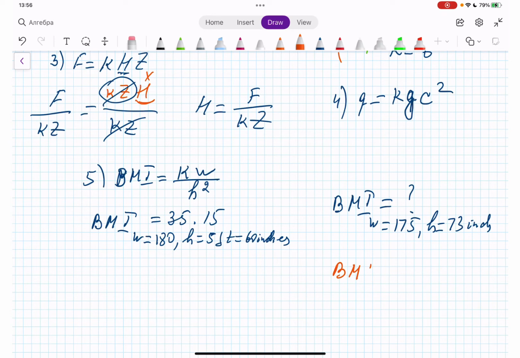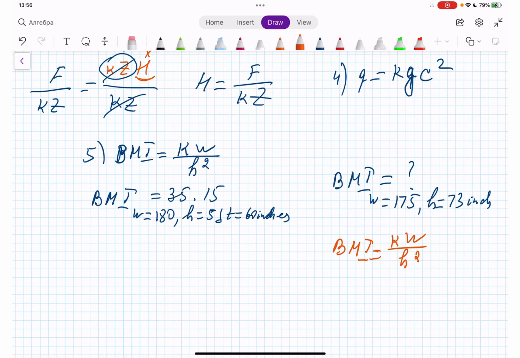BMI is equal to K times W divided by H squared. Okay, so what do we have? We have our W, we have H, right? We need to find K. That's what we need to know. And this K we're going to find out from this BMI, where we have BMI is equal